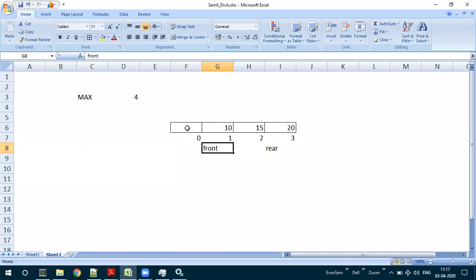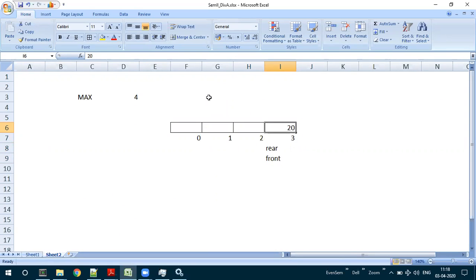Now, if I want to delete one more element, I can delete 10 and increment the front to the next position. Next, again, I want to delete 15. When I delete 15, I will take out this particular front and front will be over here. Now next is 20.